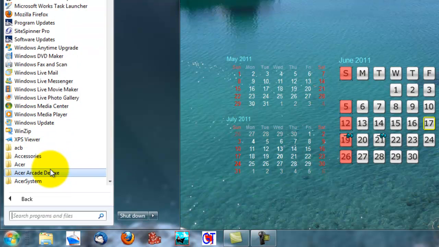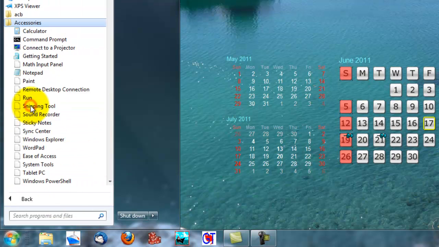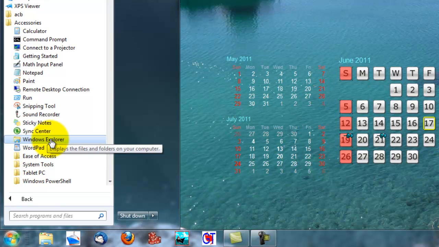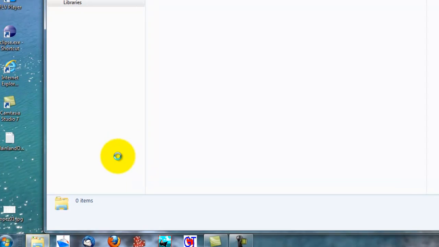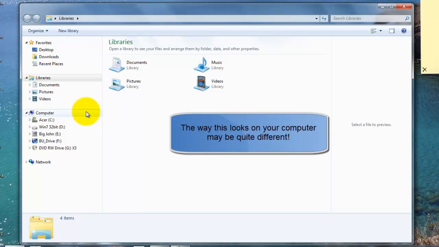And now we're going to scroll down, and everyone will have this folder called Accessories, and we're going to click that once. Okay. And then we go down here and we have Windows Explorer. Let's click that one time to launch it. Alright, Windows Explorer comes up in Windows 7, and it lists all your hard drives and all your